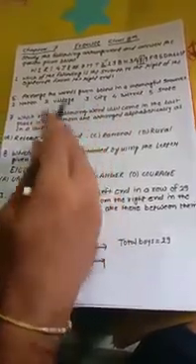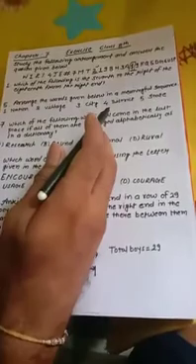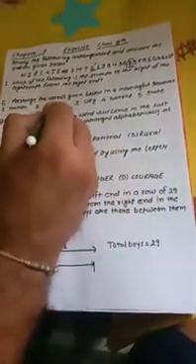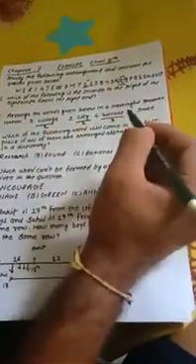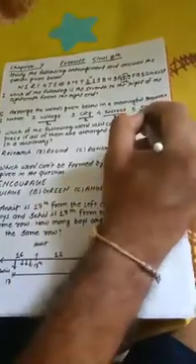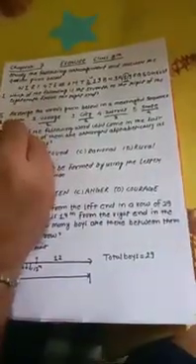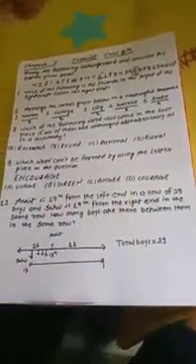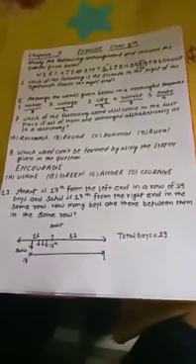The smallest part from all of the five words is village. So the first will be village, and the second one will be city. After city, there will come district, and after district it will be state, and in the last it will be nation. So this will be the proper arrangement of the given words in increasing order.